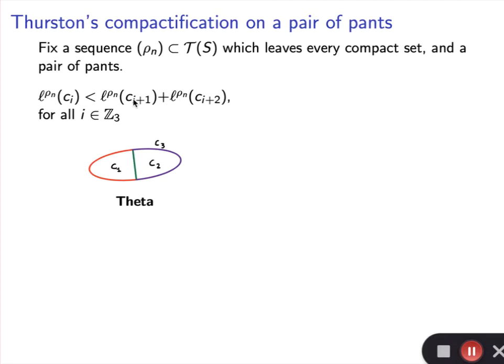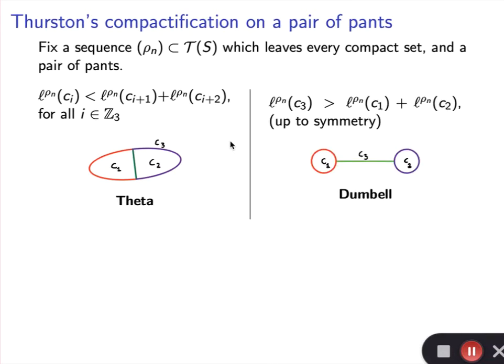Either your length functions of your boundary curves are growing at comparable rates, meaning that the length of every curve is growing at most as the sum of the other two, in which case your pair of pants degenerates to a theta graph, meaning that the length of curves is converging to the length of the pi1 action on a theta graph, like depicted, where for instance, the big outside loop is the loop corresponding to one of the three boundary components. Or there is maybe one